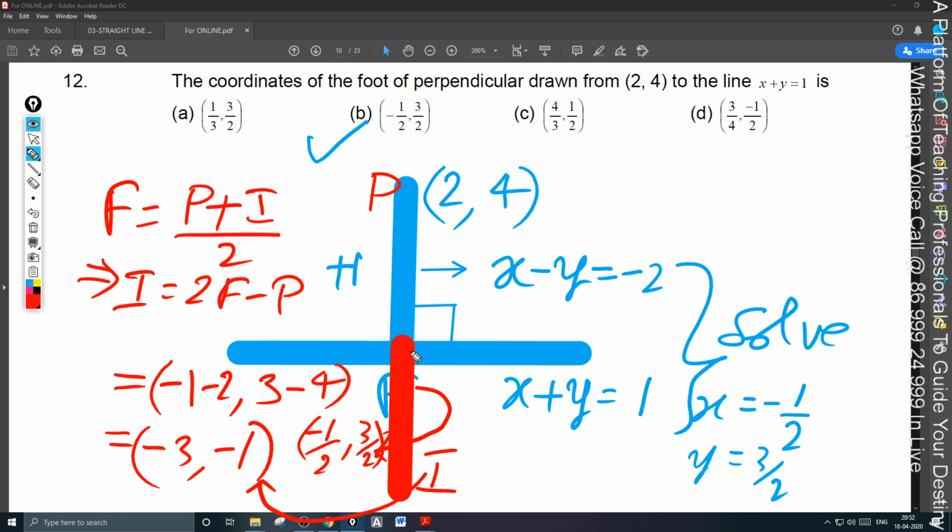Understand that? So what is the method we followed? What is the method we followed? We have taken